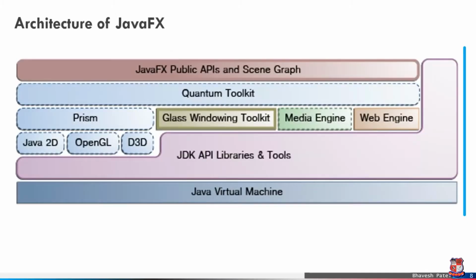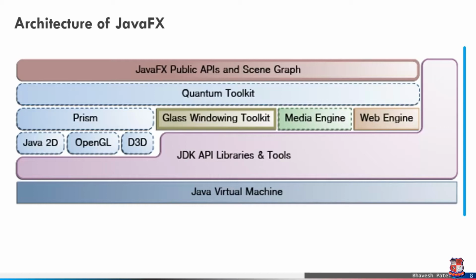The following image shows the complete architecture of the JavaFX platform. There are various built-in components which are interconnected with each other. JavaFX contains a rich set of APIs which are more than enough to develop rich internet applications that run consistently across many platforms. The top layer of the JavaFX architecture contains the JavaFX public API, which provides all necessary classes that are responsible for executing a full-featured JavaFX application.